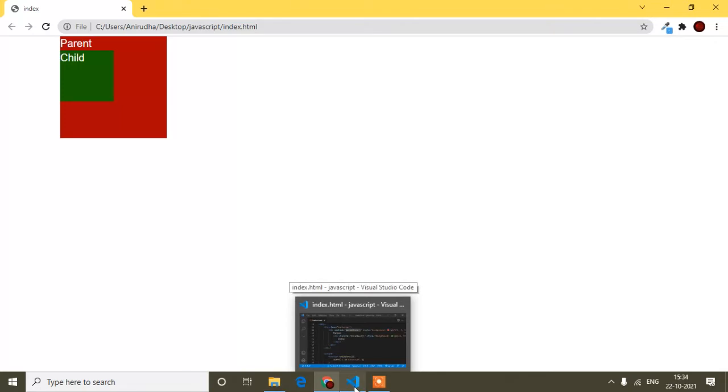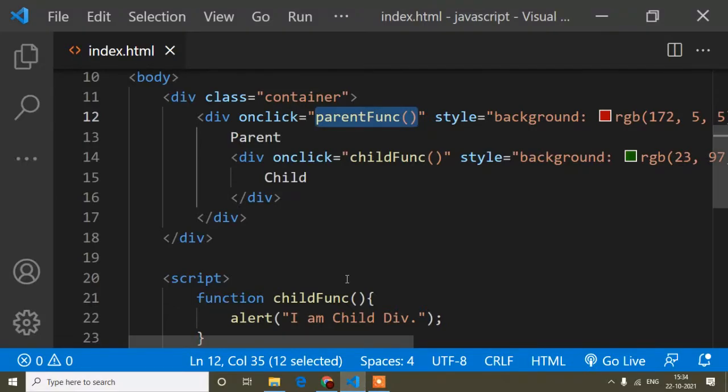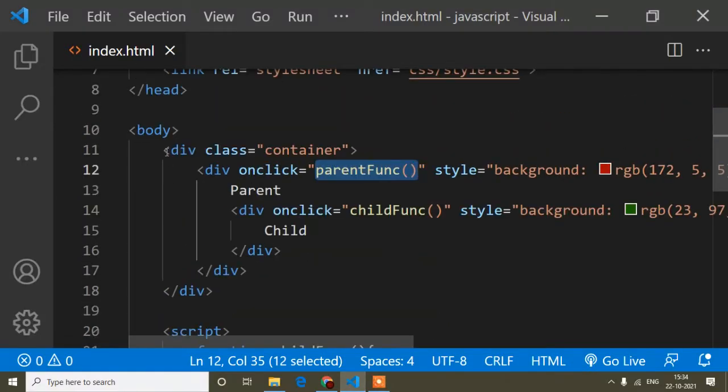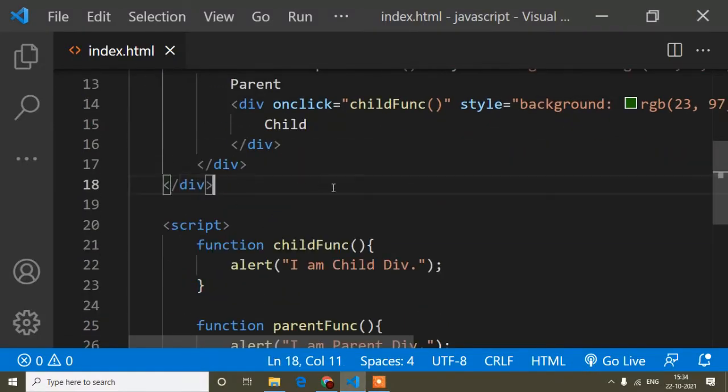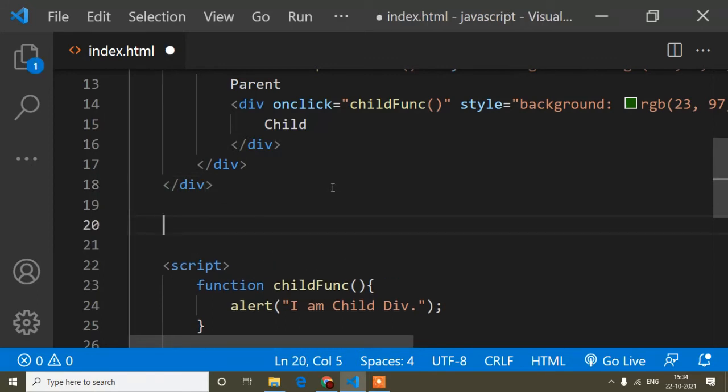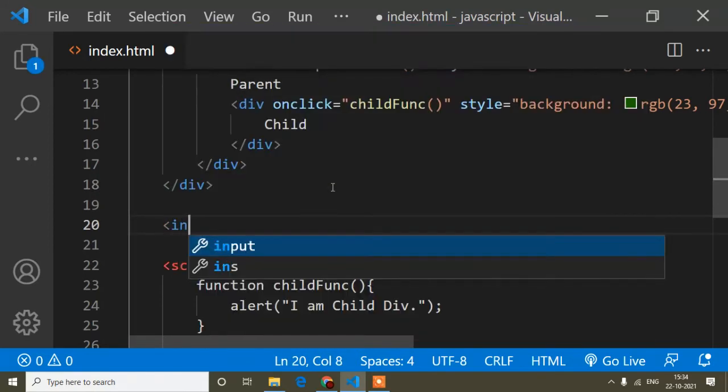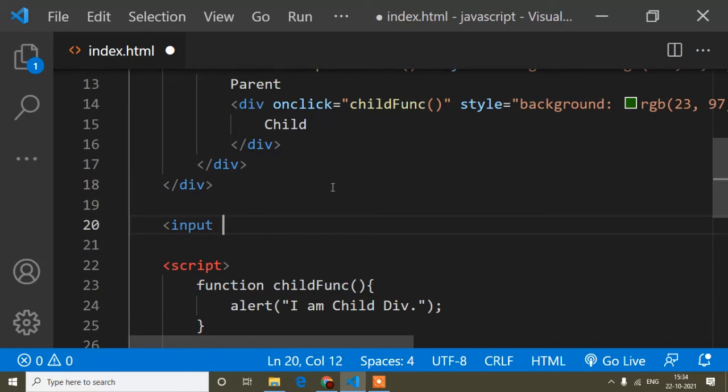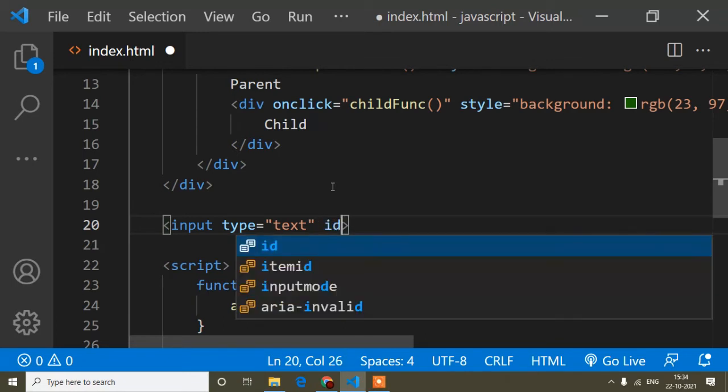But before that, I will show when we face a problem. So suppose, guys, first of all here I click anything, suppose an input, okay, input type is text, this one, and now here I will create an id.